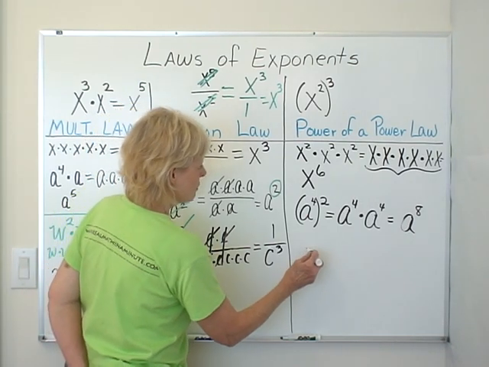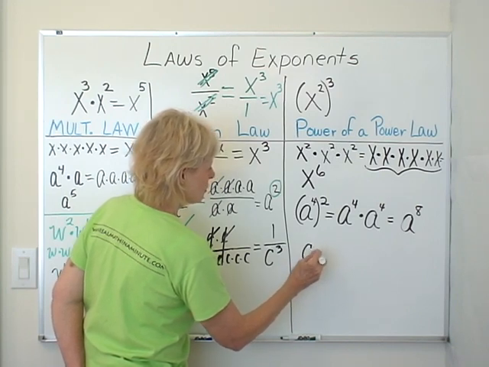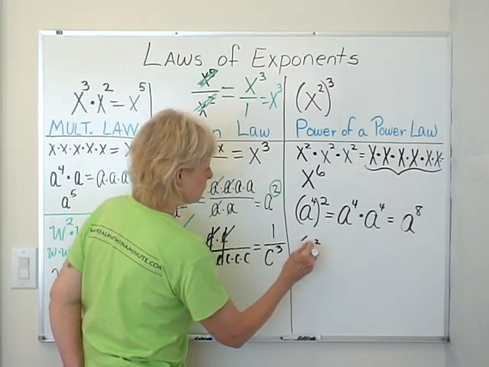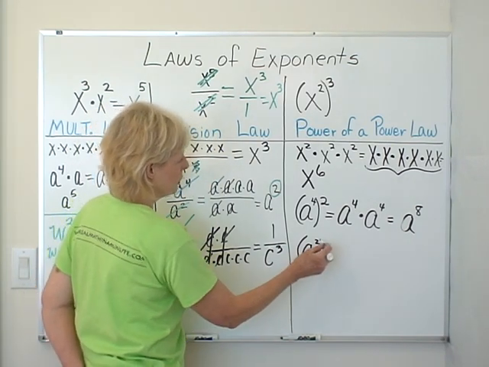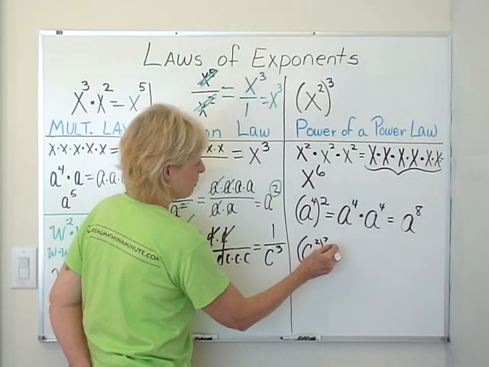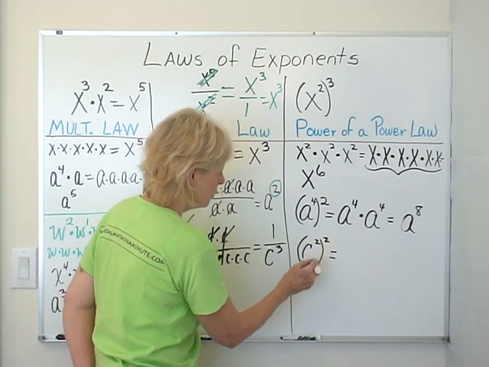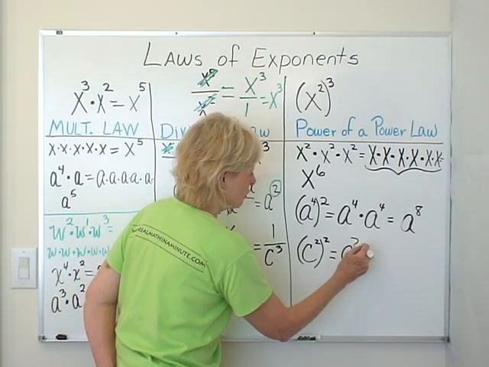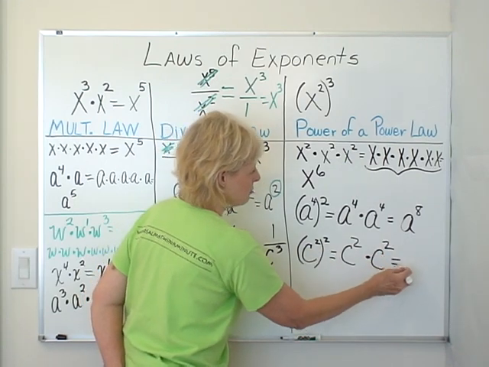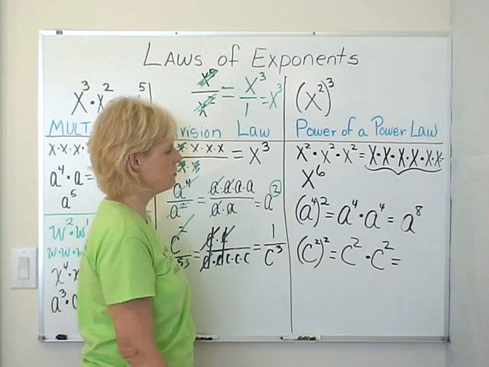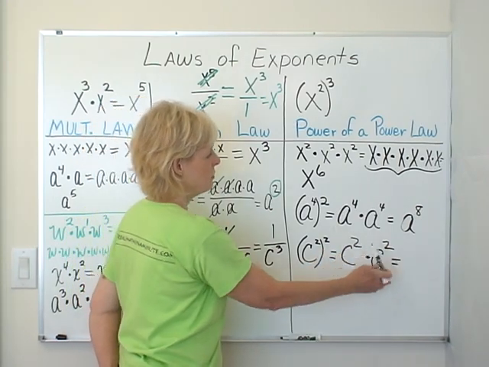Okay. All right. Let's take one more. Let's say we have c squared, and I have it raised to a 2nd power. So I've got 2 of those. So I've got a c squared times a c squared, because I've got two c squares. So there they sit. If you already know the answer, say it to yourself or say it out loud. C to the second times c to the second is,